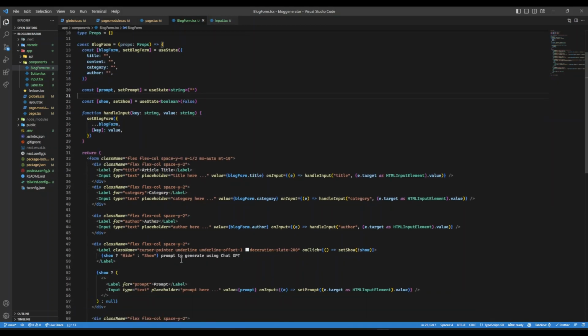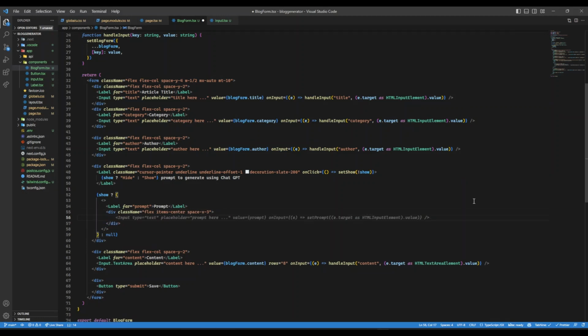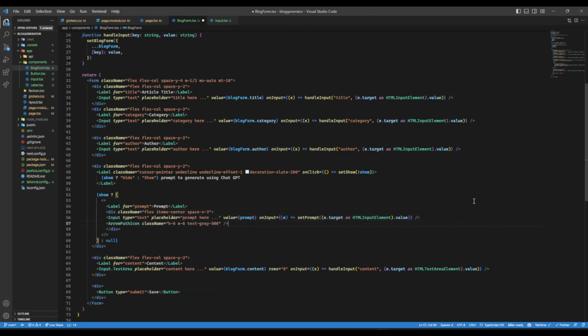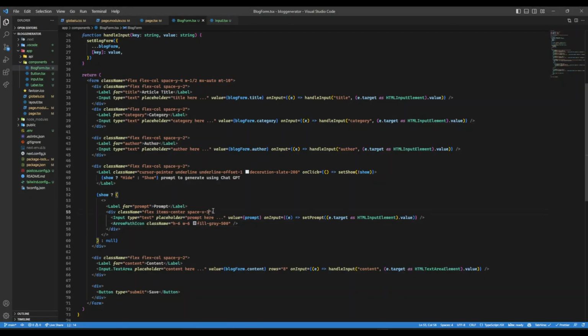So this icon, we can put it over here. What we could do actually is keep this as it is, and make this in a flex box. I'll tell you what I mean. So here div.flex items-center space-x-3, maybe something like this. The input will be there, and then the ArrowPathIcon, this should be fill. There we go. And if we go back, we just need to make this a width of full so that it goes all the way till there. So width of full,